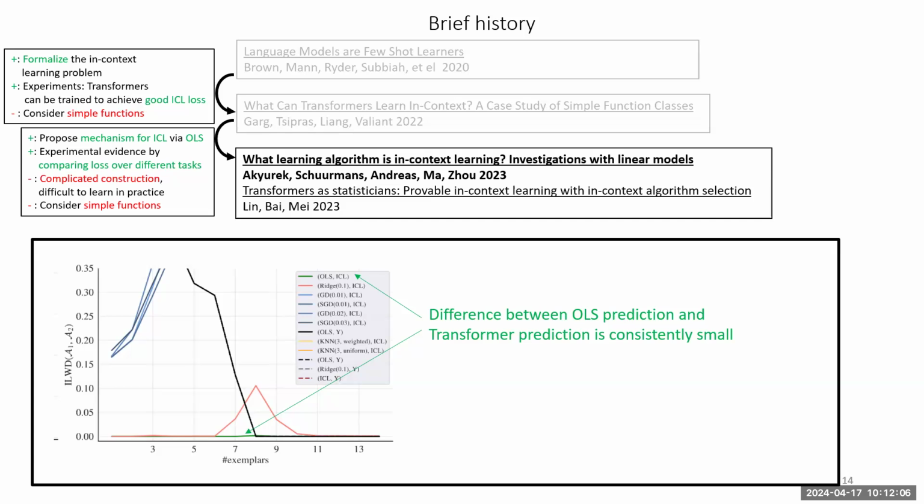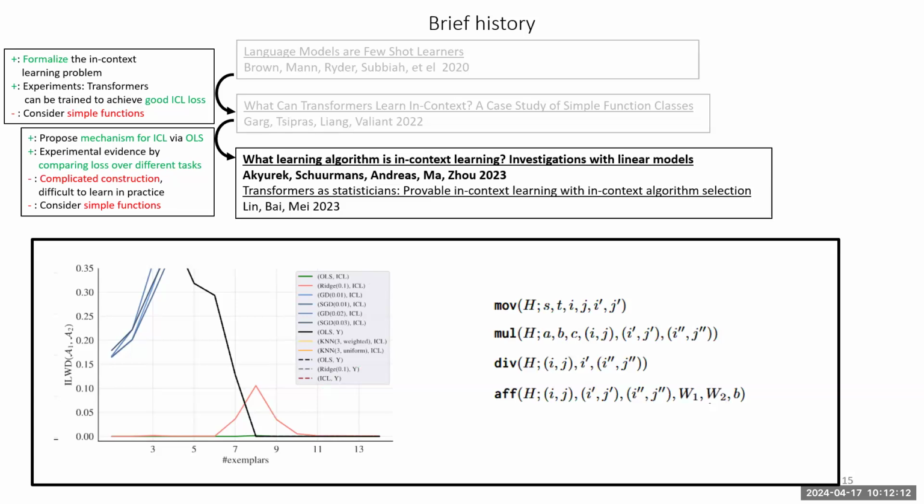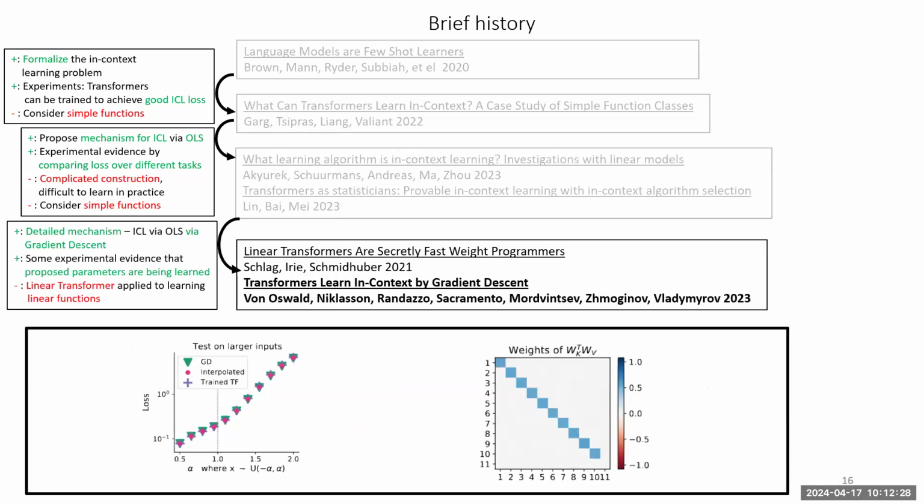So they came up with a construction that is somewhat complicated, in order to show that the transformer network has this capability. However, the catch is that because the construction is pretty complicated, it is unlikely that this exact construction is being learned when you train a transformer. So as a follow-up to that paper,